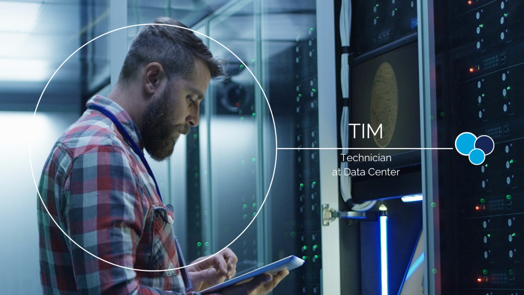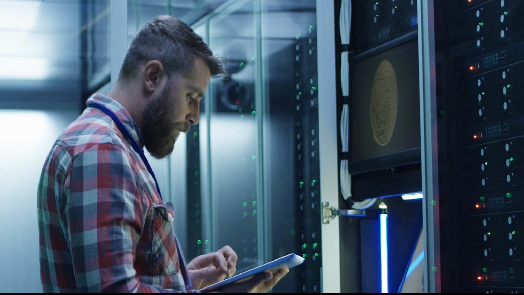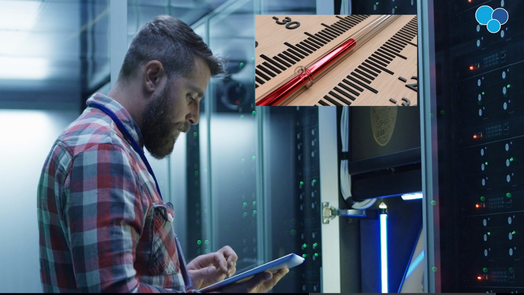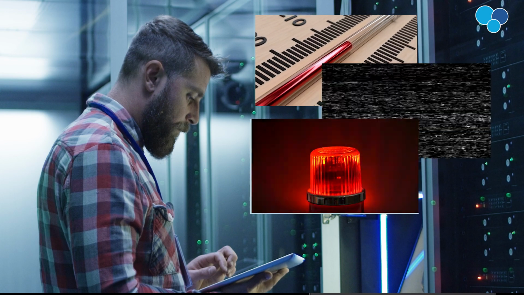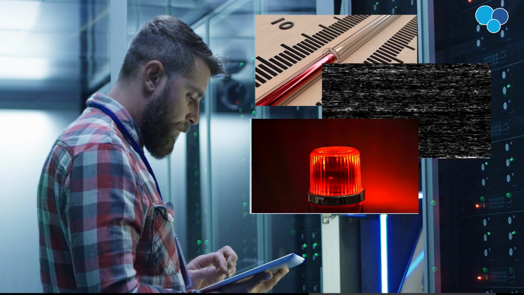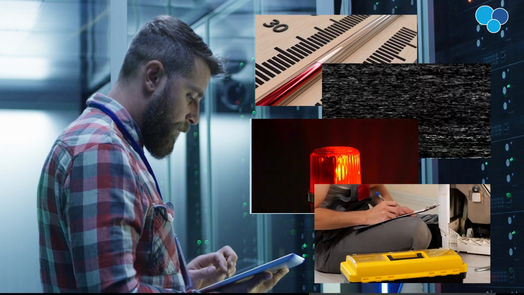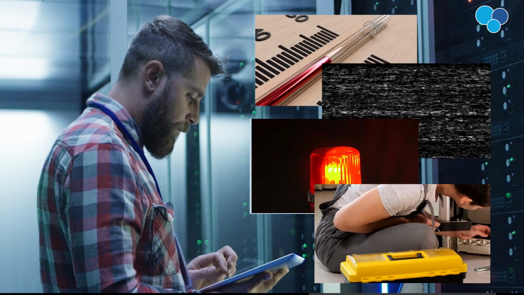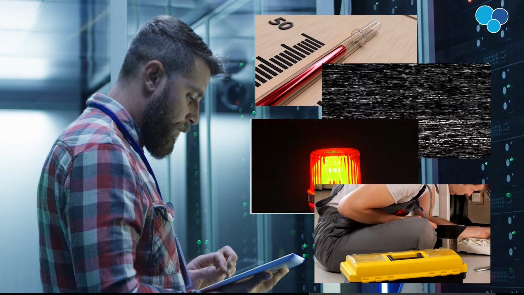Meet Tim, a new technician with data center. Tim came from another data center where he relied on outdated tools and paper-based systems for tracking and reporting when doing rounds. He was often challenged with detecting anomalies like unusual temperatures, equipment malfunctions, or warning signals in a timely manner, having to manually log data, observations, and incidents, which was time-consuming and subject to human error, not to mention